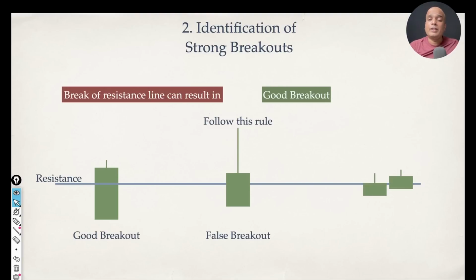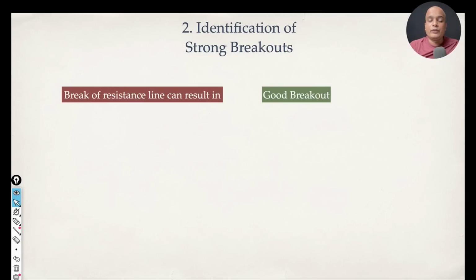And number 3 is, if the price breaks the resistance trend line with small candles, which means there is a high possibility of mediocre breakouts. So this is very simple. If the price breaks with a big candle with a small selling wick, it means a good breakout. Always remember this. If the price breaks the resistance line with a big selling wick, there is a possibility of a false breakout. If the price breaks the resistance trend line with a small candle, it means mediocre breakouts. So always remember this rule. On the breakout candle, the selling wick should be less than 20%. This is very important. This is the sign of a good breakout.